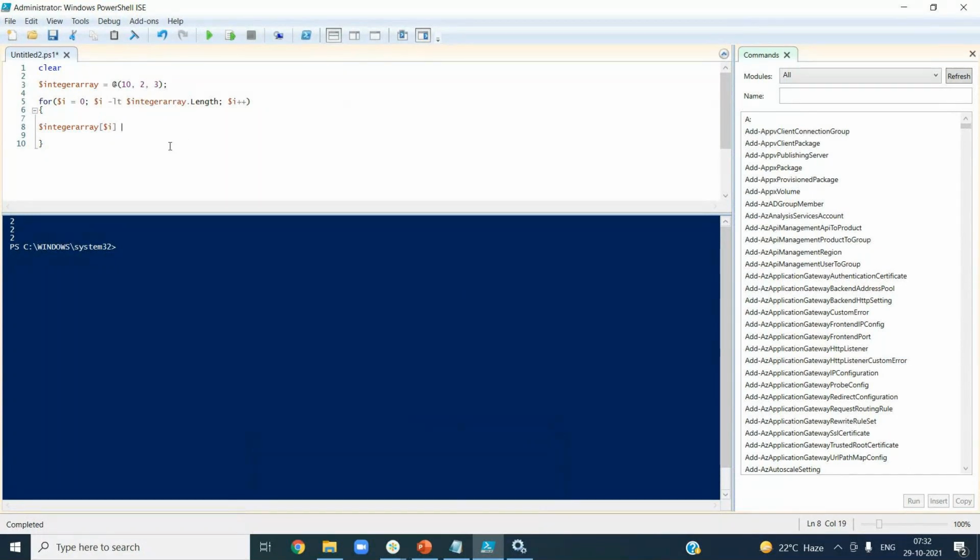Okay, let me run it. And if you want to do some multiplication, do it, times 10. You can see now it multiplied each and every value and displayed it. So this is how you can use a for loop to apply some logic on each and every value you have in a list or whatever data you have.